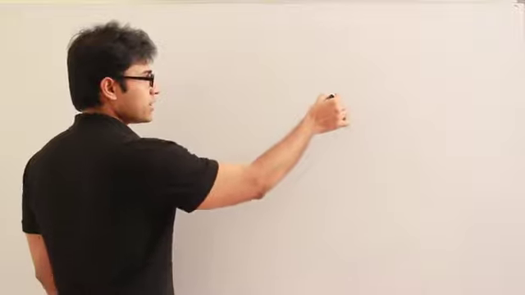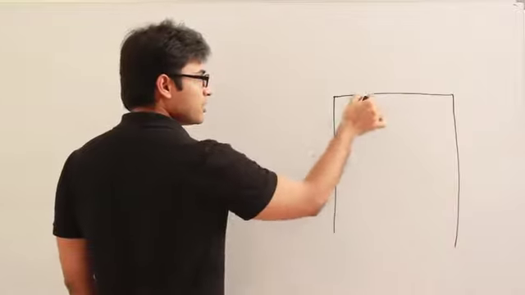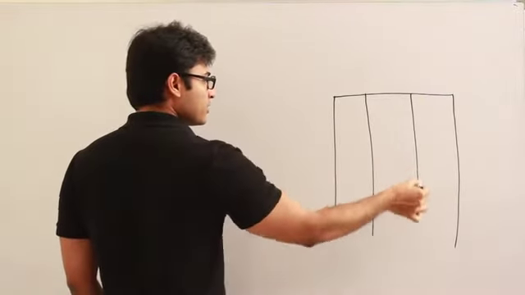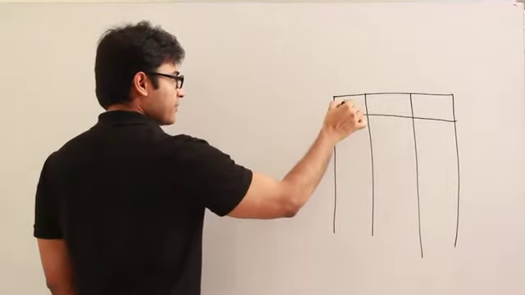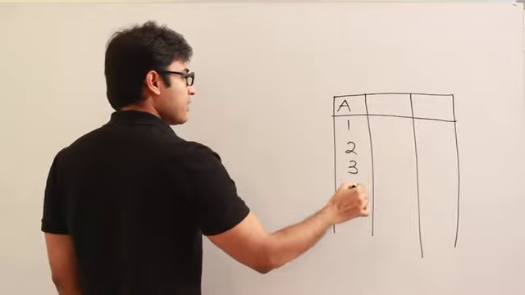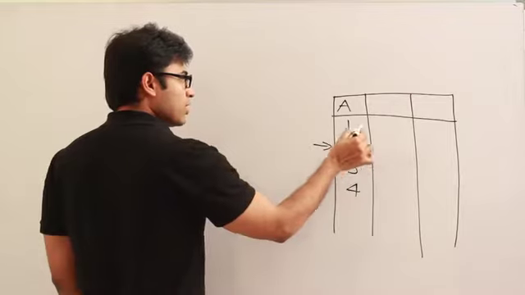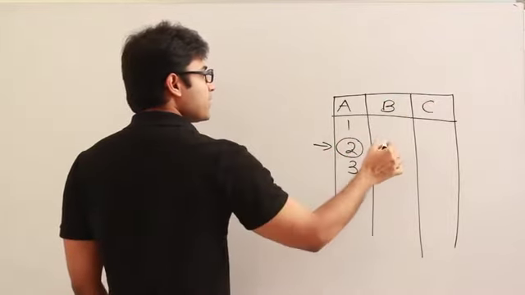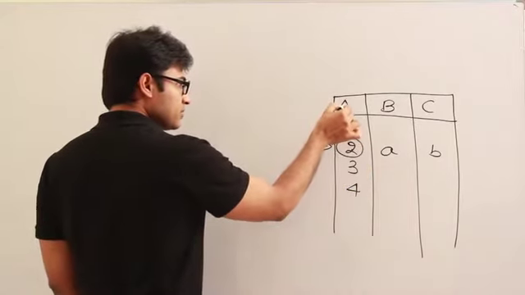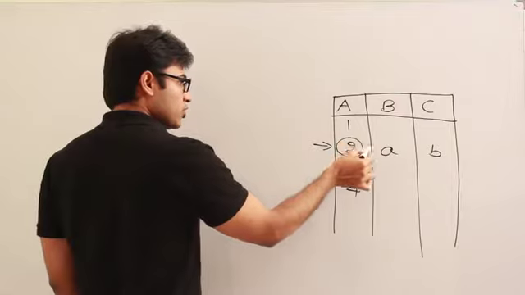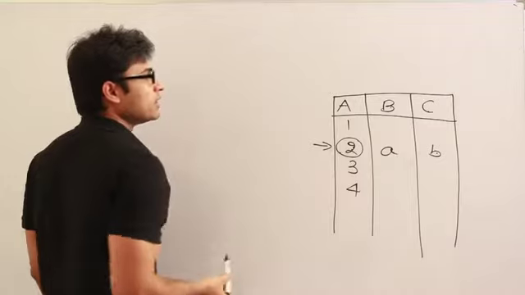So what I mean to say is, whenever you say that an attribute is a key, the actual meaning of that term is either candidate key or a super key. Let us say this is A, and I'm saying that A is a candidate key, right? So given the value of A as, let us say, 2, you will be able to identify the other values. Let us say this one is A and this one is B, right? So given the value of capital A as 2, you will be able to find out the values of other attributes, right? That is the meaning of the key.